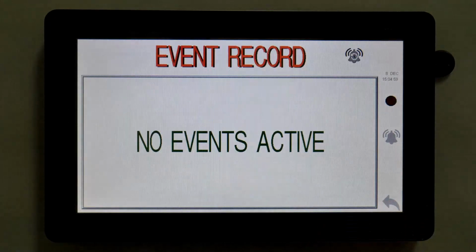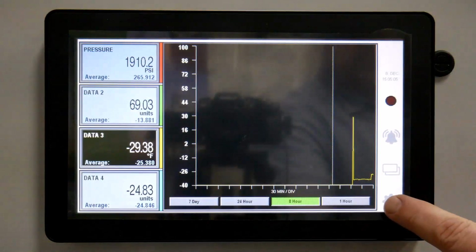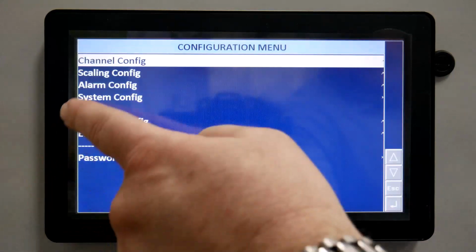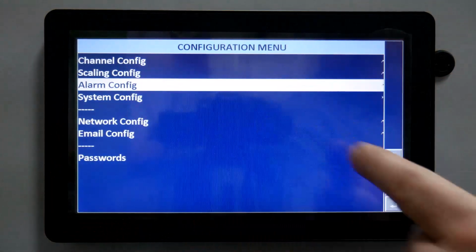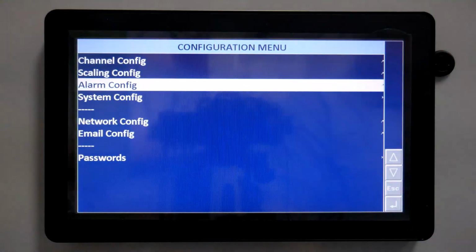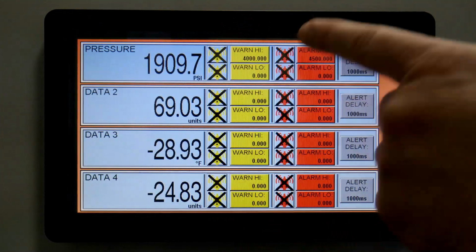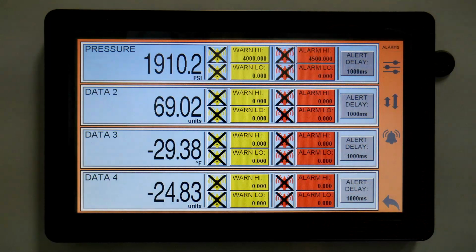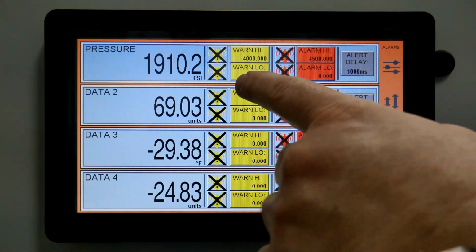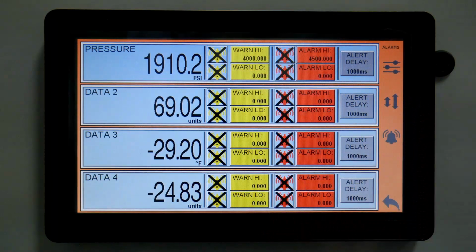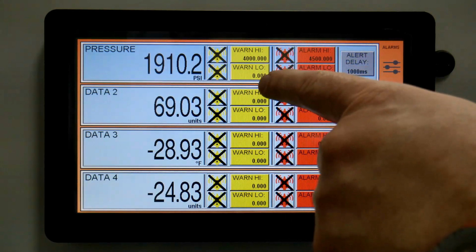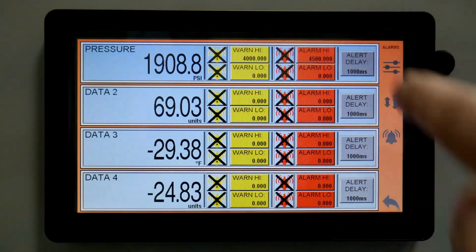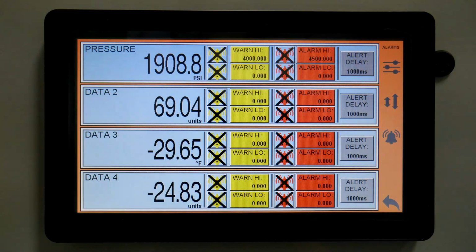If I escape from there and come back to my main menu here to where I can get to the configuration, there is an alarm configuration. Press enter. And here, none of the warnings or alarms are currently enabled. The terminology used here is warnings for low and high, and alarms for low and high. And these can be correlated to low and low and high settings in some cases